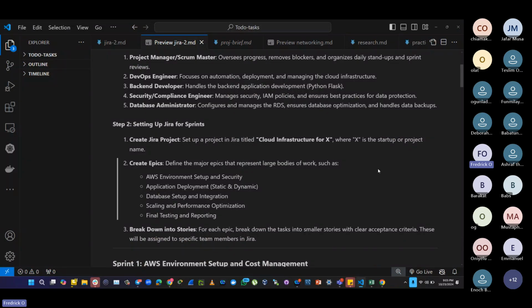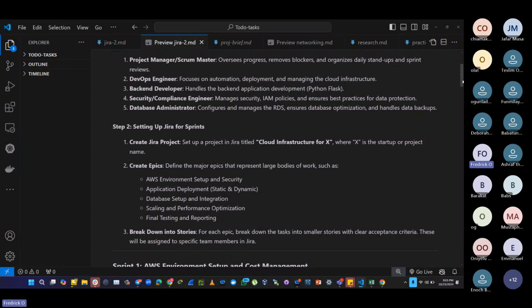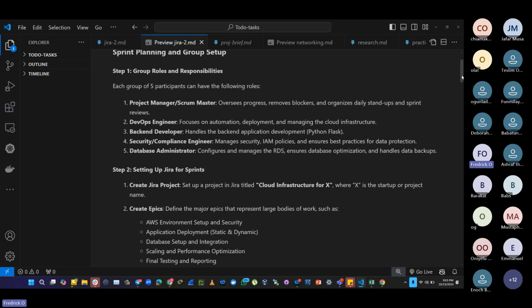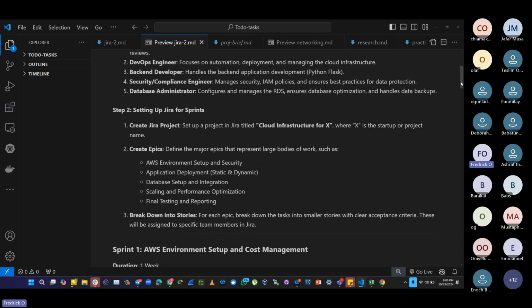So in the project, the idea is that we are going to break this task into something we call sprints, or sections. For example, depending on your project title, if it is cloud infrastructure for X, where X is the name of your startup, you can create something we call epics.